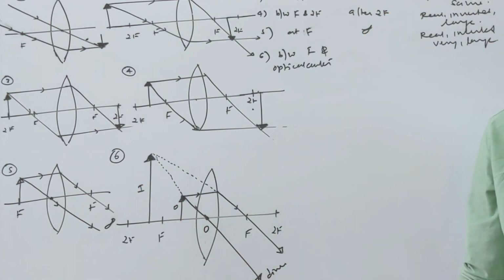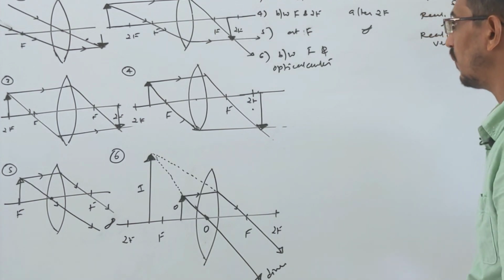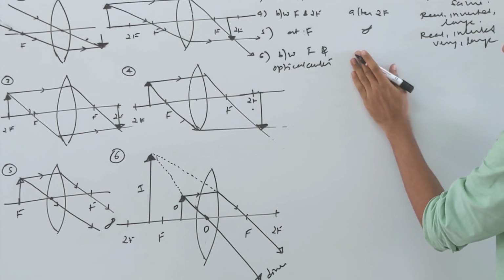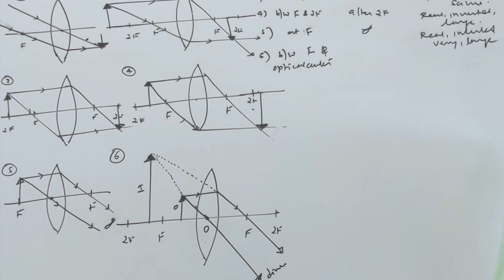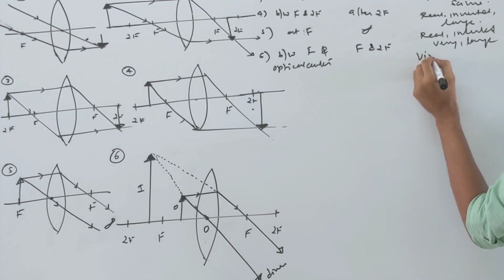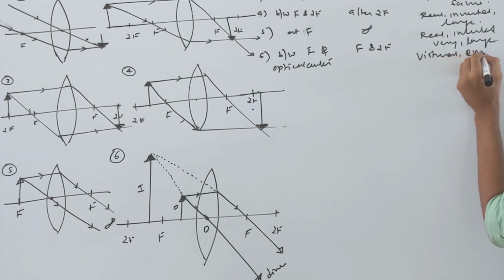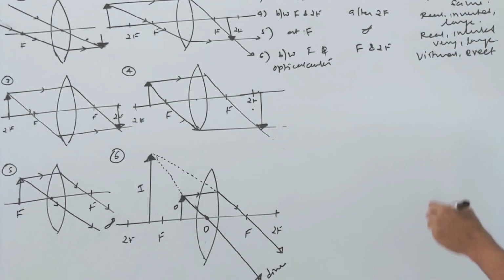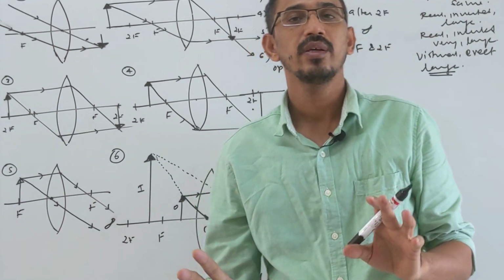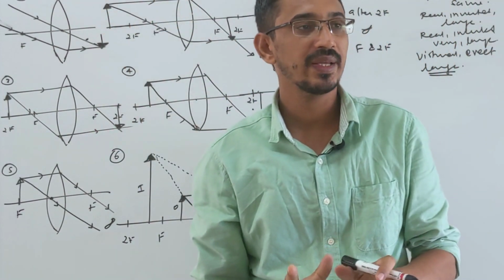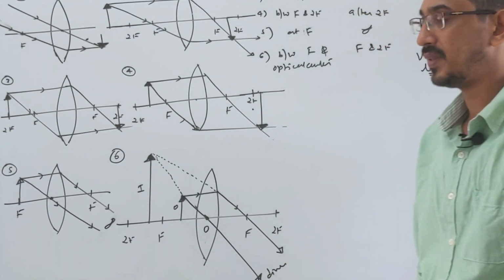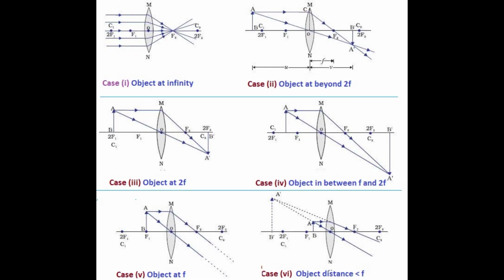So a virtual image will be formed in this case, right? A virtual image will be formed. So remember, where is the image formed? You can write positions like between f and 2f on this side, but this is virtual. Virtual image is always erect, upright and large in size. In the last case, we make a concave mirror virtual image, and the size is always bigger than the object, right? Magnification will always be more than 1.